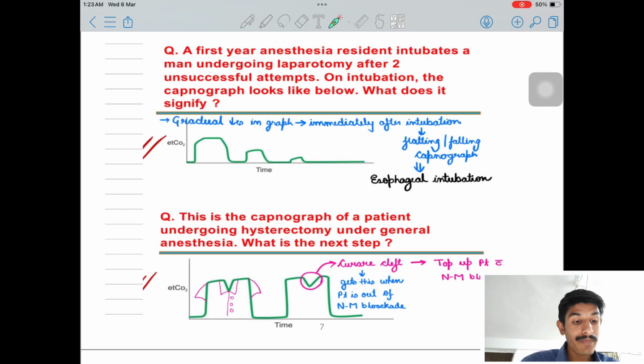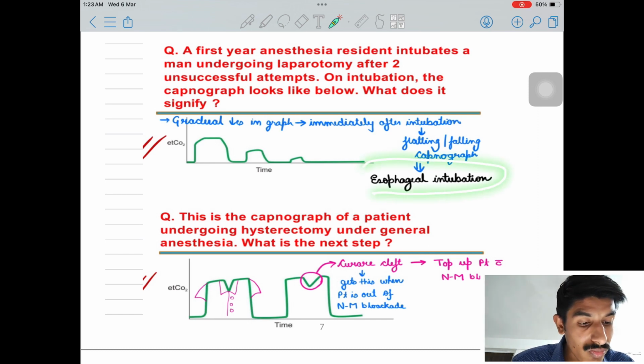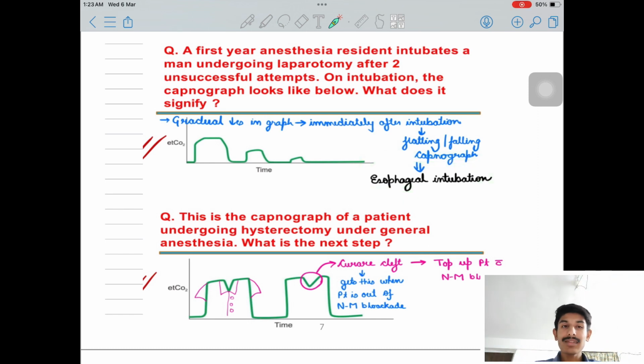So what is happening? He did an esophageal intubation. The tube must go in the larynx for oxygenation, but he put it in the wrong place, in the esophagus. So all the oxygen will go to the stomach and the intestines. It will not go to the lungs. If air does not go to the lungs, obviously the capnograph will decrease. Okay, so an increasing step ladder pattern is for malignant hyperthermia, and decreasing is for esophageal intubation.